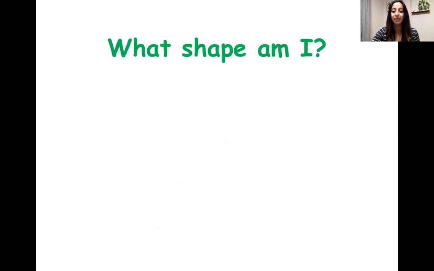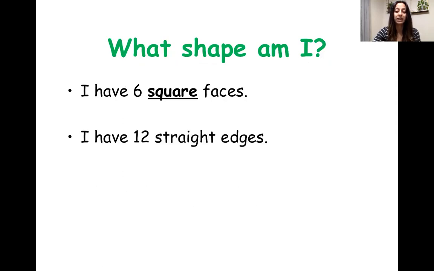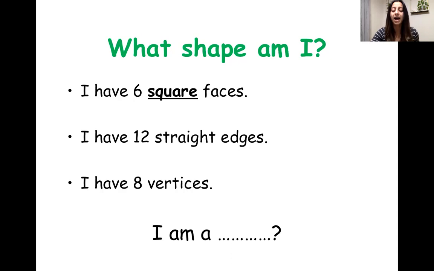What shape am I? I have 6 square faces. Okay, that's important. 6 square faces. I have 12 straight edges and I have 8 vertices. Think about this. What shape has 6 square faces? I am a,